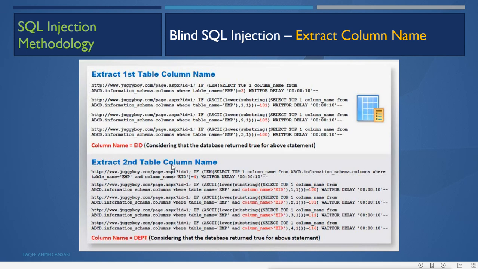And for extracting the second column name, again it will run the query with this, and here it is adding the first column name, that is EID, and then it is trying to guess the second column name by using equal to 100, 101, 112, 116. It will try all those possible numbers. Suppose the name of the column is DEPT, so this query will go through because this is D, this is E, this is P, and this is T. But it is not like you directly run this and you will get it. The attacker will try all the number combinations, all the letter combinations.